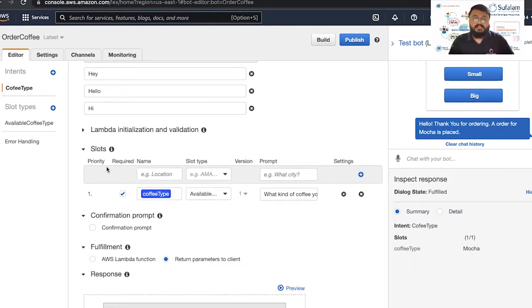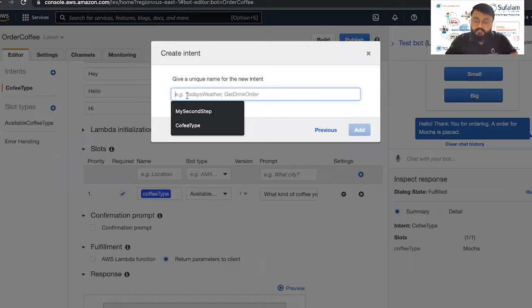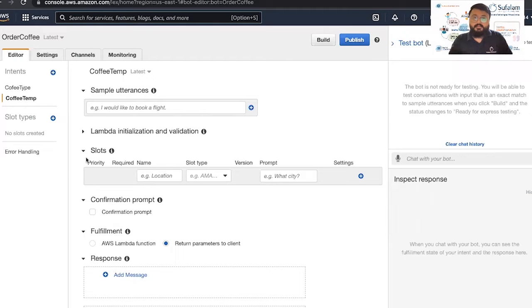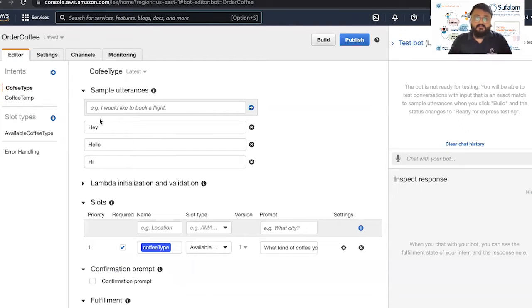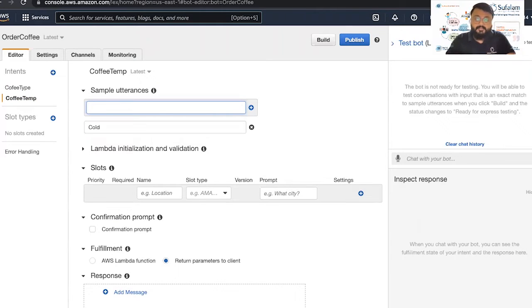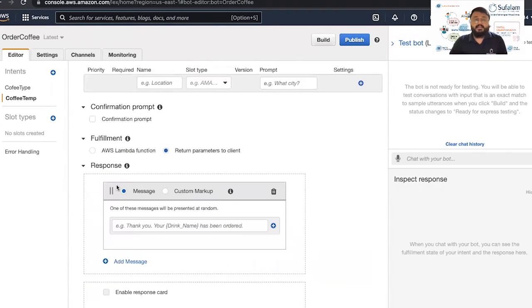So, as in the first video, we have discussed that intents are basically the steps that are required by the bots. So, we'll create another step which asks the user if they want it hot or cold. Is it hot or is it cold? So we'll make another step called coffee temp. And same goes here. We want it to invoke on two statements, that is cold or hot. So these are the two sample utterances which will invoke this current intent, and a simple message will be